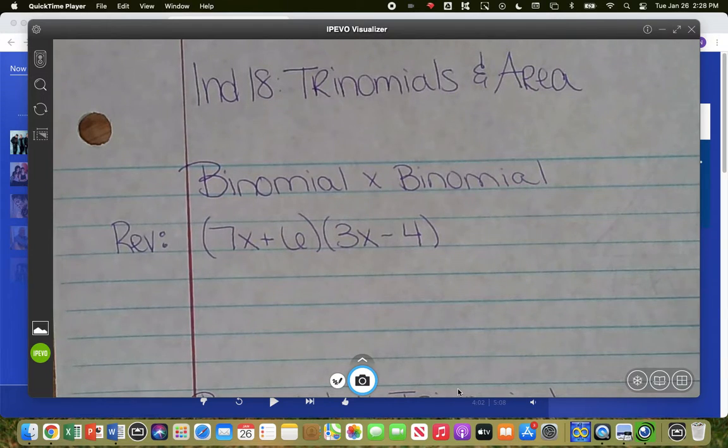Quick review of what we talked about on Tuesday in class. So you will have to use some binomial times a binomial for some of the area problems. So I just wanted to do a quick review of that. So if you are taking 7x plus 6 and multiplying it by 3x minus 4, we're just going to distribute